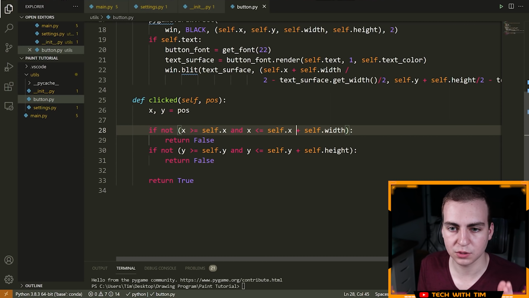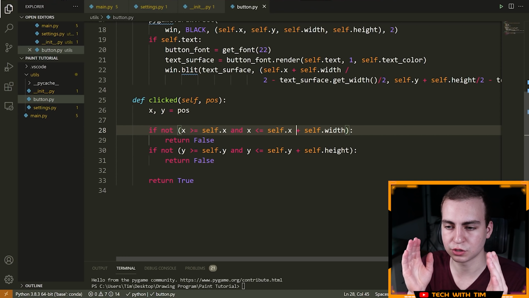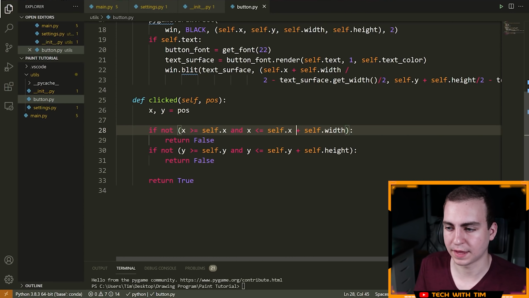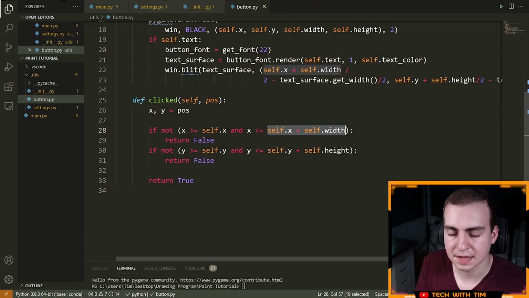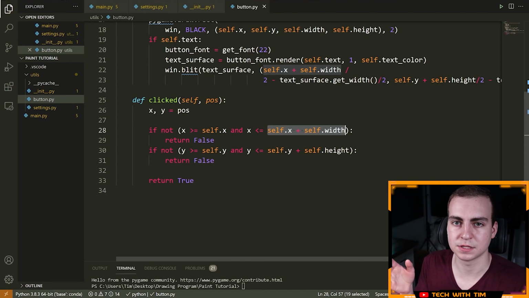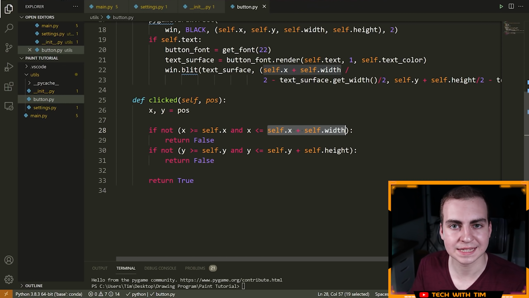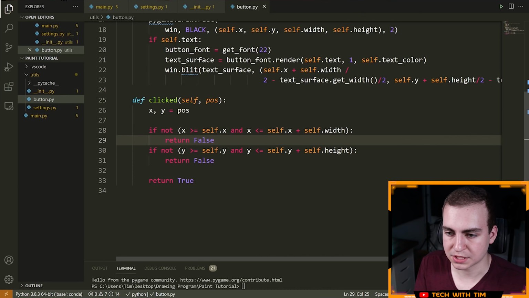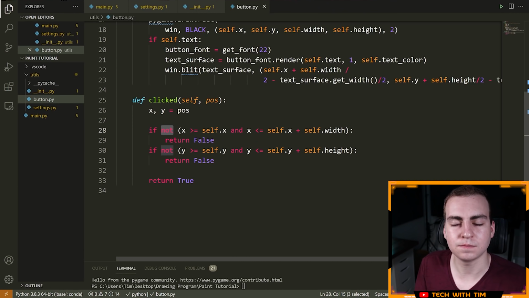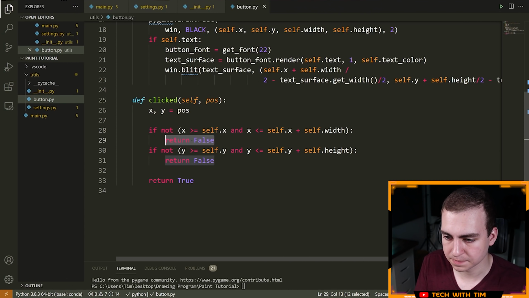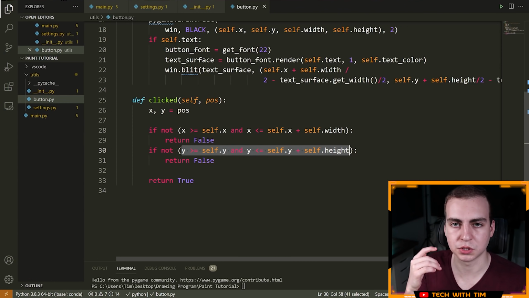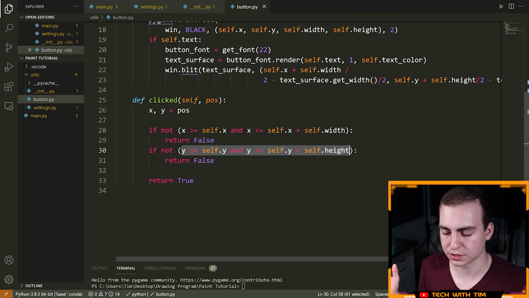Is it greater than or equal to the X, but less than or equal to the end of my rectangle? That's this position here, self.x plus self.width. That gives you the X position of the very end, kind of the right side of the rectangle. So I'm saying if I'm not within the X bounds of the rectangle, return false. Now, same thing here for Y. Just flip this around. We're now doing this in the vertical direction rather than the horizontal direction.